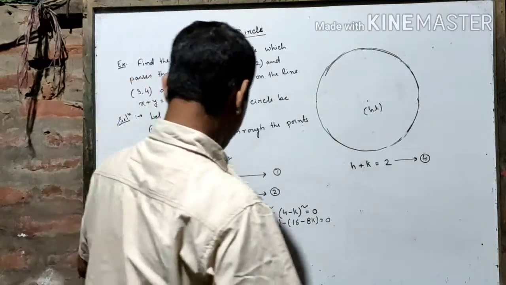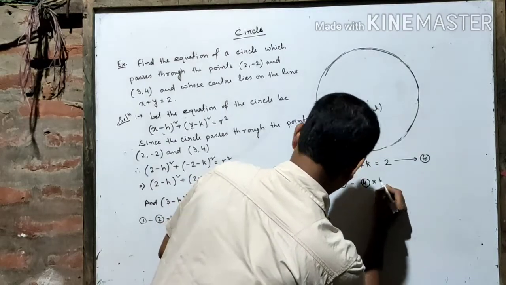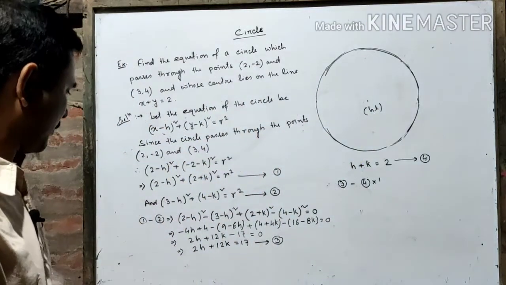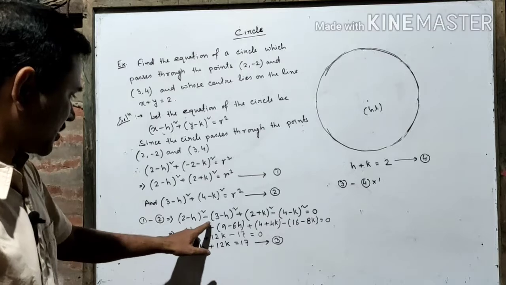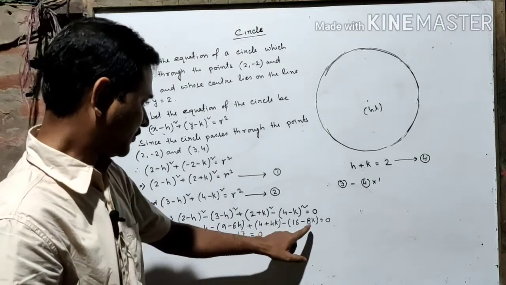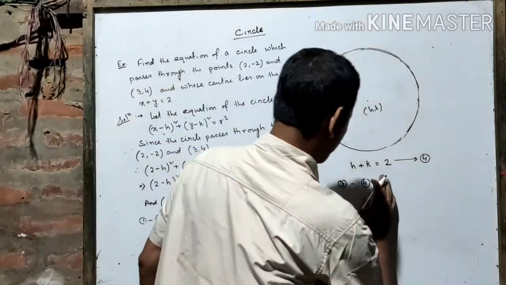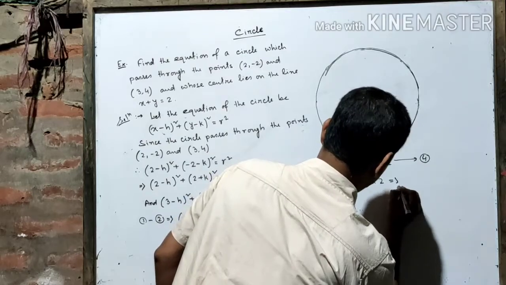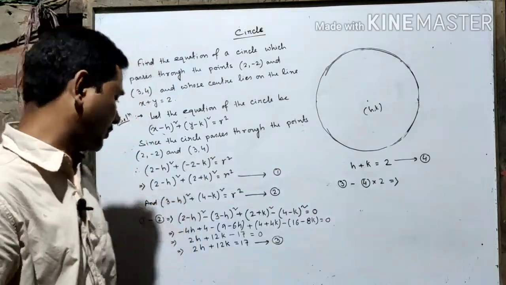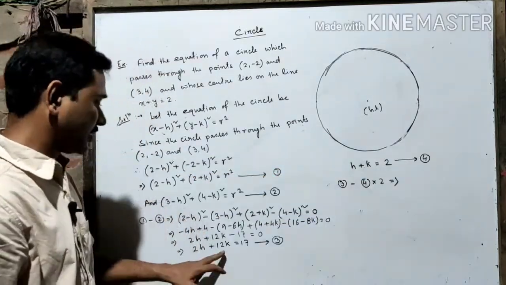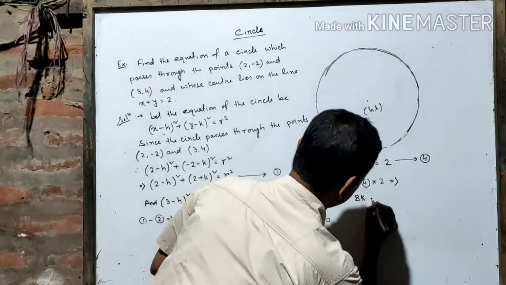Okay. So what will you do? 3 minus 4 into twice h. That twice h minus 4h plus 6h. 4k plus 8k, 12k. So 4 into 2. On multiplying with 2, this will be twice h plus twice k is equal to 4. So twice h will be cancelled. 12k minus 4k, that means 8k will be there.